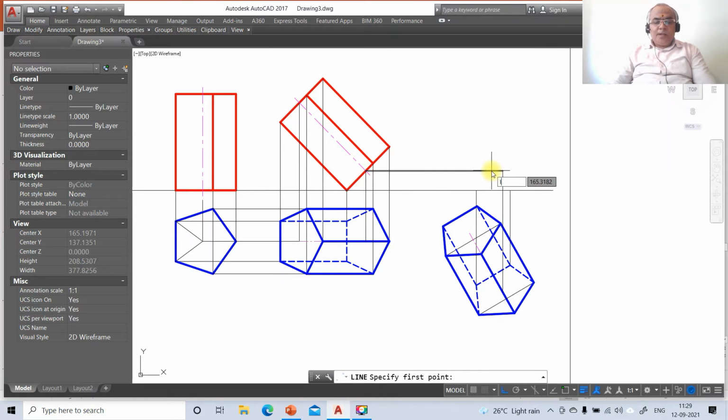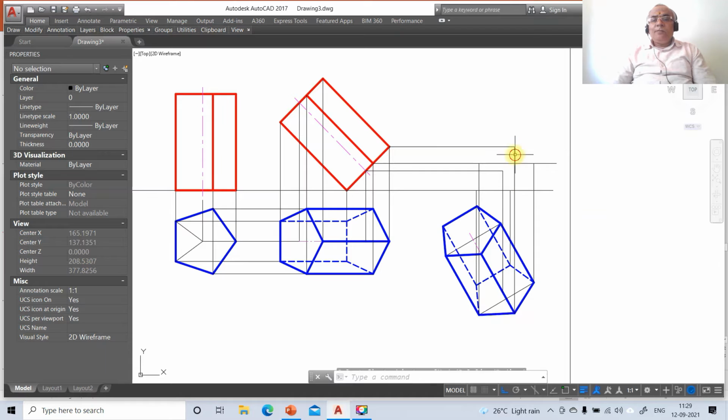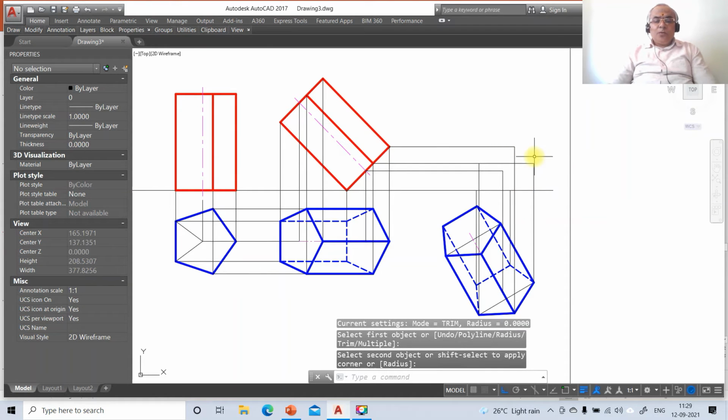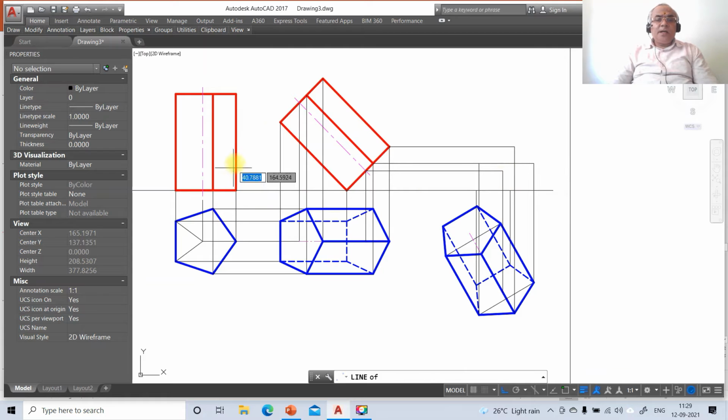then go to line, take int of this, then go to line, take int of this and draw perpendicular to this line. Similarly, line, take int of this and draw perpendicular to this, then go to line, take int of this, then go to line, take int of this and draw perpendicular to this, then go to fillet between these two and between these two. Now once you have this, then go to line, take int of this, and these two lines